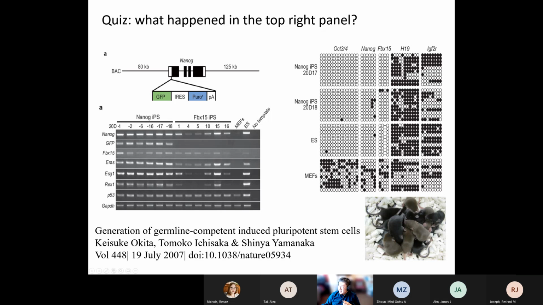The MEF is fibroblast, right? Mouse embryonic fibroblast. What you're trying to do is put transcription factors into fibroblast, and then eventually use this modified genome. You can see that maybe some green cells will appear, and those green cells may be pluripotent stem cells. This is so-called iPS, because you're trying to reprogram the fibroblast toward iPS, induced pluripotent stem cell.